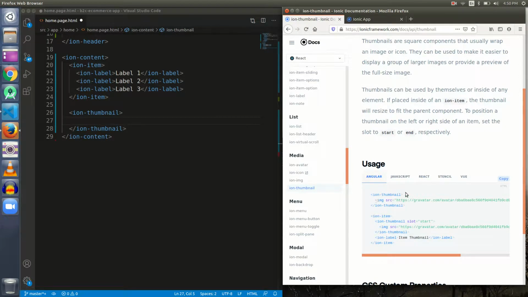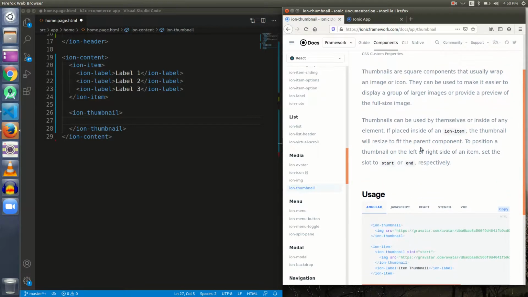So guys, again I would like to draw your attention to ion-thumbnail. It is a component that wraps an image. Thumbnails are square components that usually wrap an image or icon. What wrap means is that ion-thumbnail doesn't provide a means to show an image all by itself.